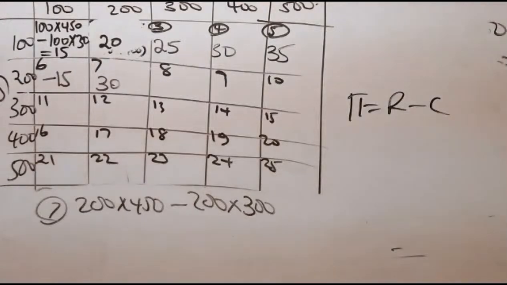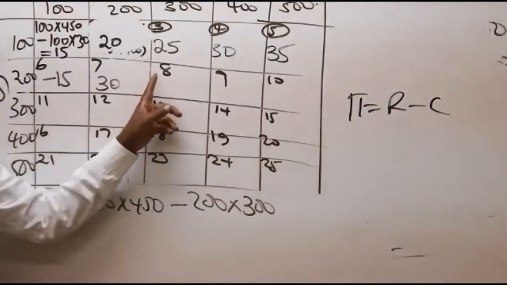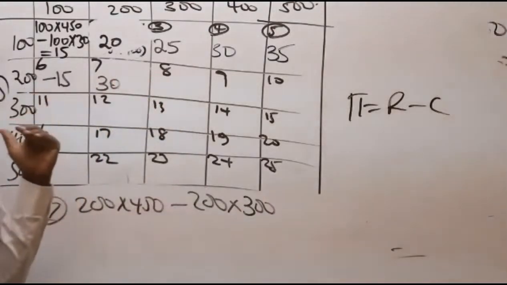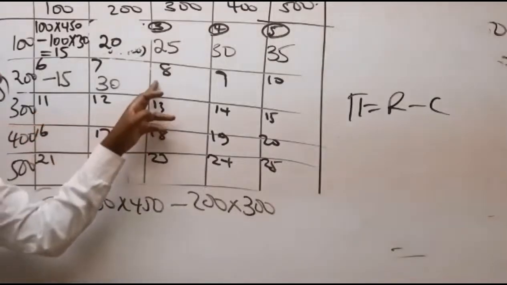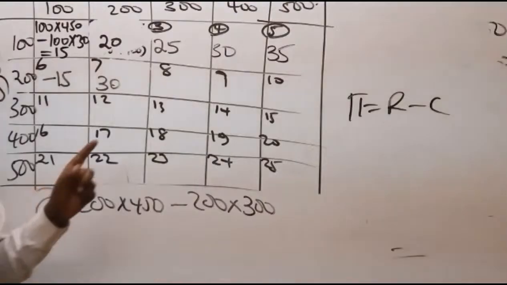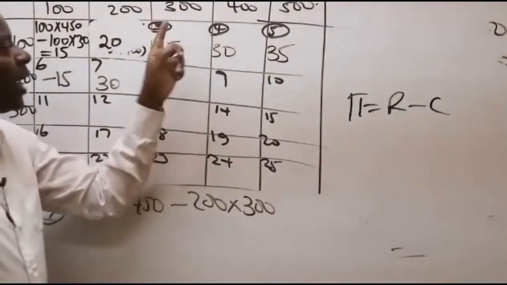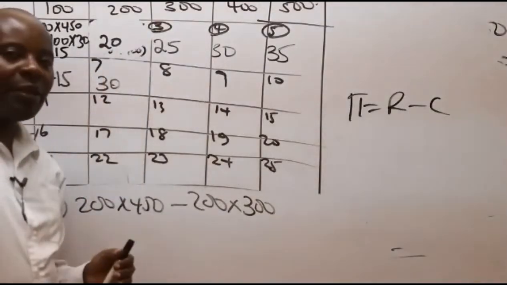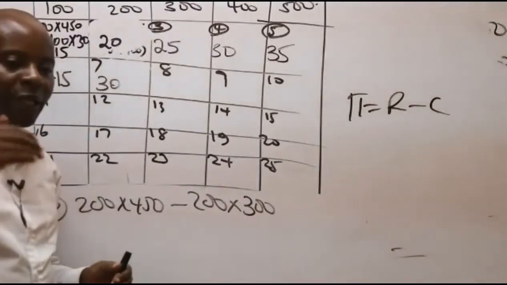Njeri Mwangi wants me to do cell number 8. Look at cell number 8, Njeri. What is happening in cell number 8? We have supplied how many? 200. But how many have been demanded down there? 300. So the demand is more. So we have to go back